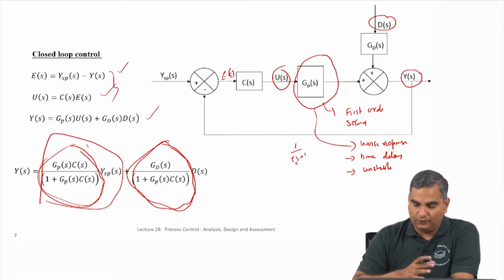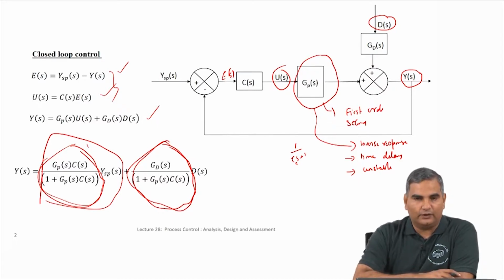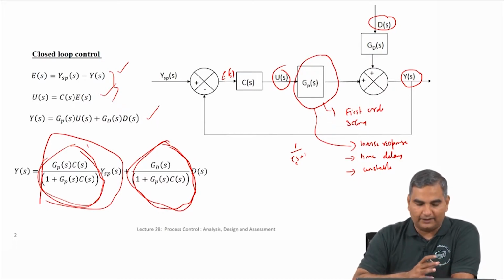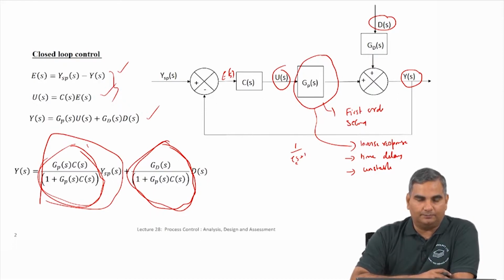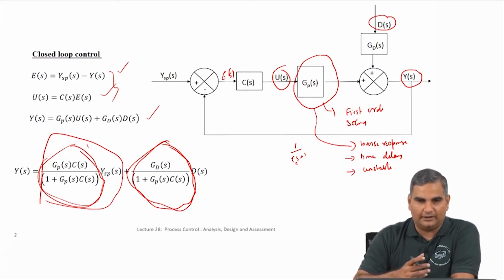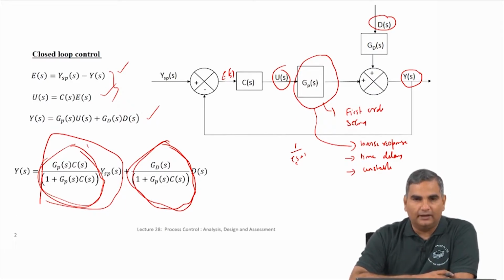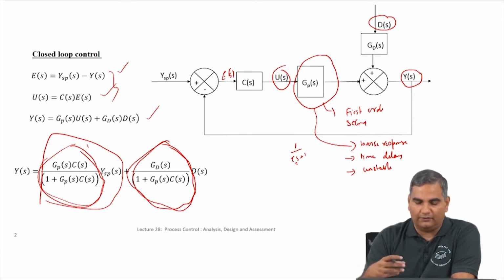So, in the next few lectures I am going to first start with what is called cascade control, which is kind of modifying this loop a little bit more so that you can do control better, and I will explain a situation where cascade control will be very useful. I will follow that up with what is called feed forward feedback control, again making some modifications to this block diagram so that you make the control better, and then I will show you multivariable case of expanding this